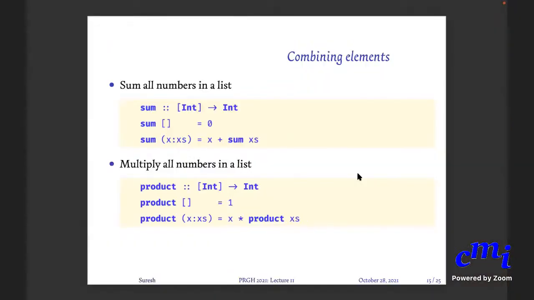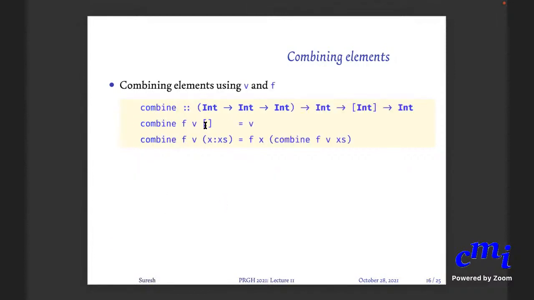Anyway, Haskell automatically gives you this product function. So we are talking about this pattern of sum and product. What is the pattern here? You are combining elements of the list using a function f. In the first case, the function was plus. In the second case, the function was times, but not just the function, also an initial value. In case the list is empty, you return an initial value v. So the common pattern is that you are combining elements in a list using a function. In this case, the functions are plus and multiplication. They are functions of type Int arrow Int arrow Int, and the initial value was 0 in the first case, 1 in the second case.